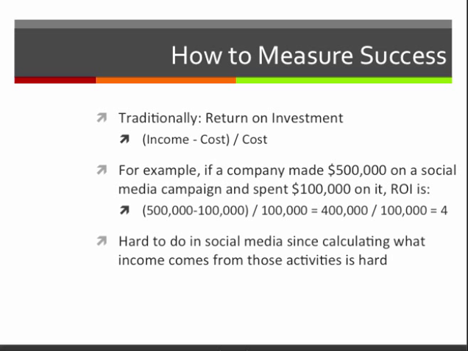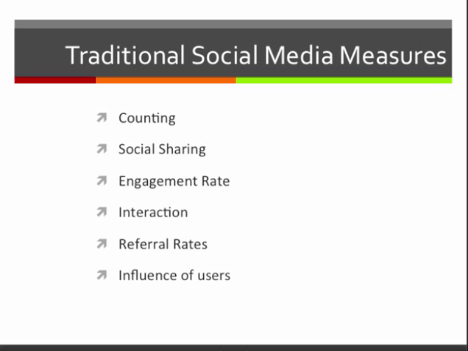This is hard to do in social media, though, since calculating income is often really tricky. If you're doing a straight up advertising campaign, you could follow the number of clicks on your ads and see what people buy. But in general, maintaining a Twitter account or a Facebook presence isn't something that clearly and directly leads towards profits. So measuring return on investment is hard, and that's why a lot of companies have a hard time doing social media. They don't know how to measure what's going on. They're not putting in the right amount of investment. So they turn to other measures to try to see the effectiveness of their social media activities.